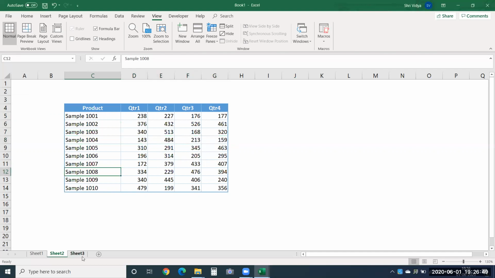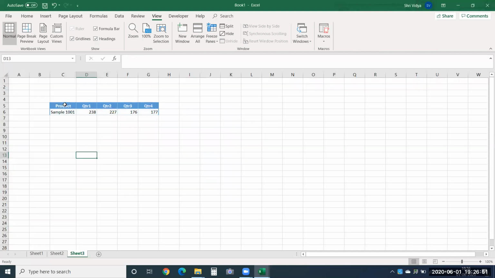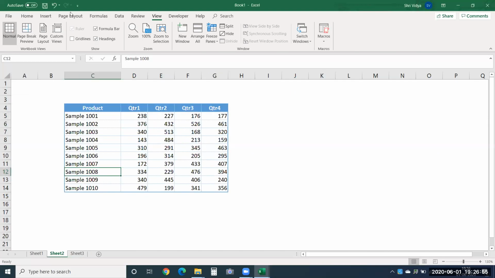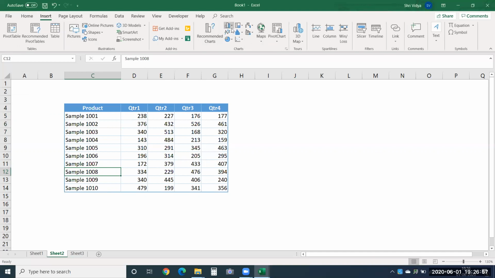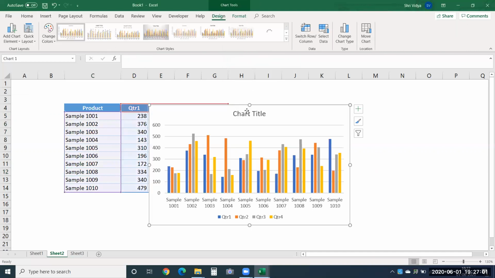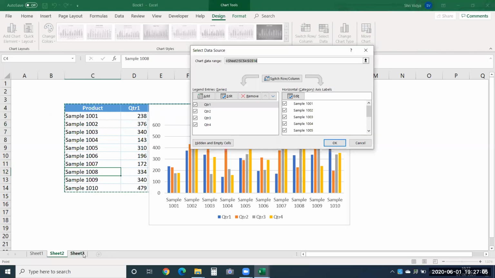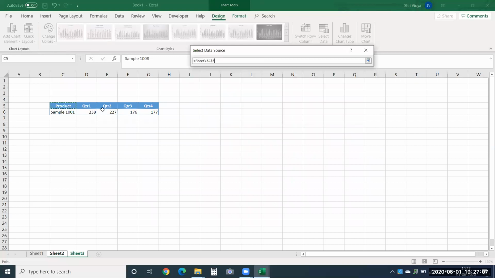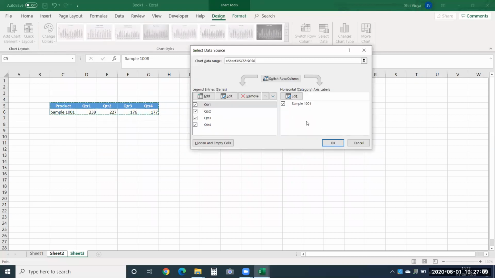Now let us first provide a chart on this data. So I'll just go here, insert a blank chart. I'll use a column chart here. I'll change the data selection. I'll pick the data from the next sheet that is there over here.